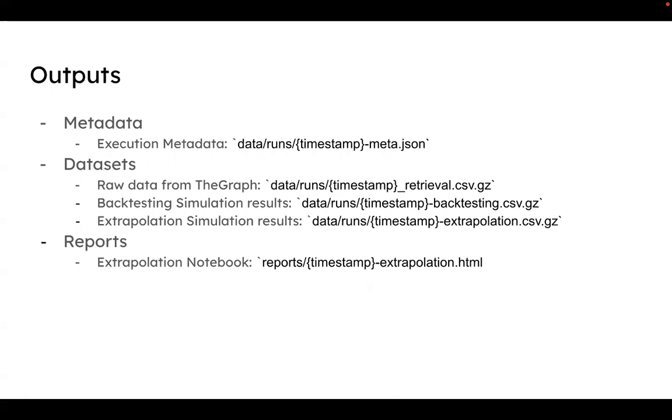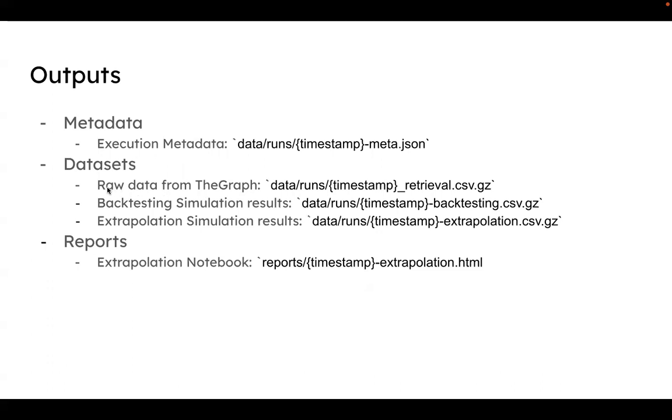And we also have those 3 outputs here for the digital twin. Everything that the digital twin does is really to generate those things. The first one is metadata. No big surprises there, it's just things like, for example, when it was executed, and the metadata on the data sets that are in this data folder. About data sets, I would say that this is the core output of the digital twin.